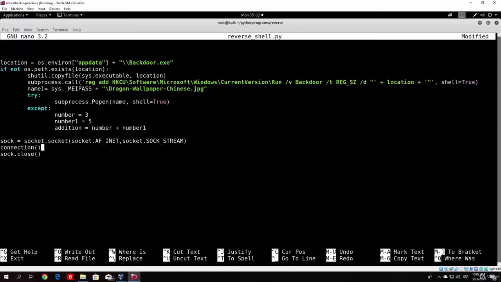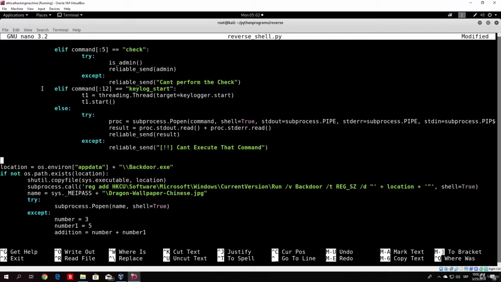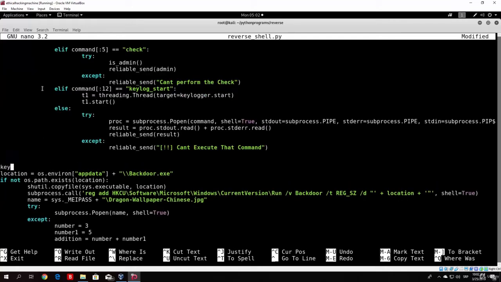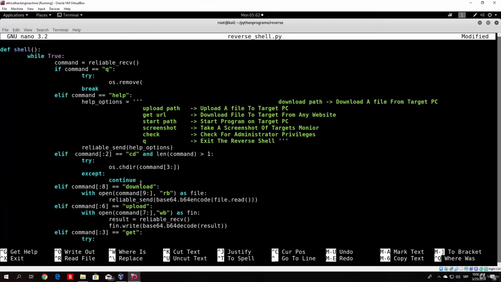Let me just find this part right here. Location, keylogger path underscore path equals, or basically just equals this. So paste this part right here. Then we want to delete this, and keylogger path will be this part right here. Then we want to delete that part in our keylogger after we specify the Q option. So delete keylogger path,